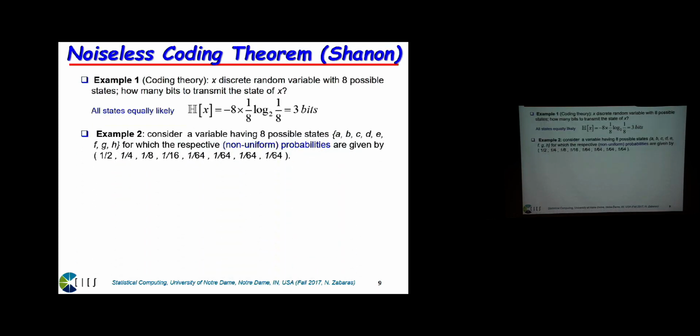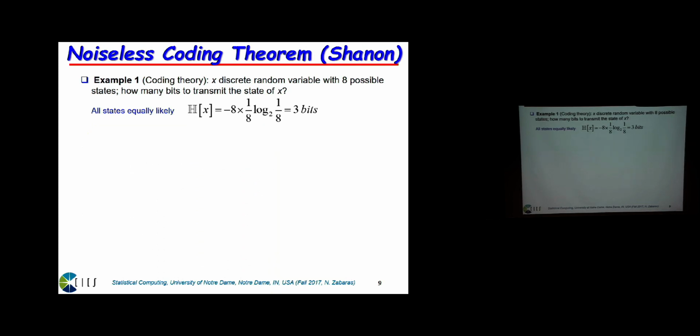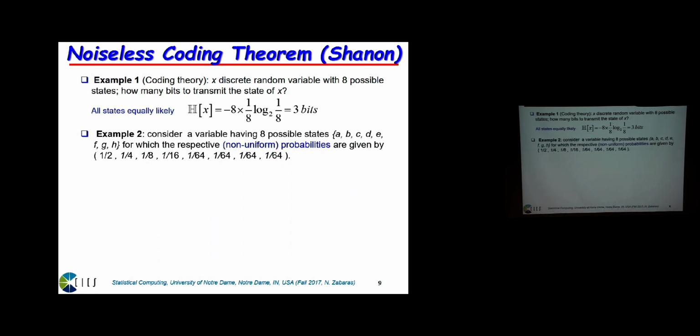So here is one example, and actually let me stay on the top. If you have a uniform variable that takes, let's say, 8 possible values with probability 1 over 8, the entropy is, you have basically 8 states to sum over, the probability 1 over 8, the log of 1 over 8, and this comes equal to 3, and the unit we measure this in is bits. Okay? If we have another variable with 8 possible states, but the probabilities now are not equal, they are, let's say, from 1/2 to 1 over 64, so from something that happens 50% of the time to something less probable.